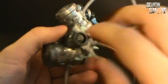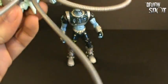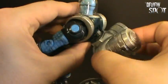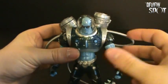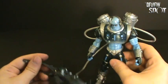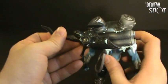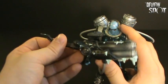and we look at his accessory here, he comes with this huge energy gun, freeze gun, I guess, his freeze gun. But he also comes with this really large backpack. There's a peg on the backpack here that actually can sit into his back. Just snaps into place there, like that. And then he's got all these hoses and stuff, which I think add to the effect of the gun. I love the gun, though. I mean, look at it. You got ice and everything else on it. You can actually see where the barrel has frozen from firing the energy,